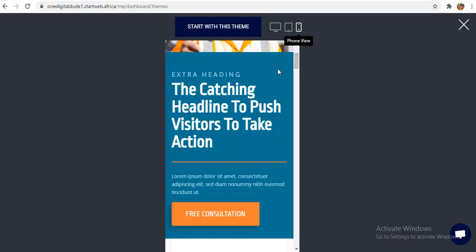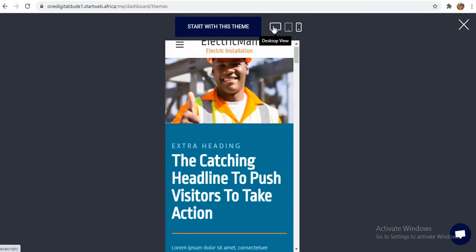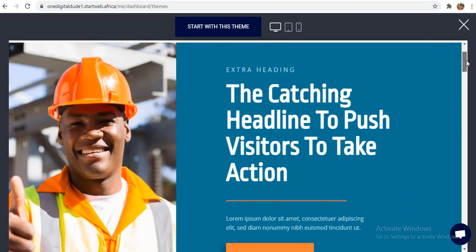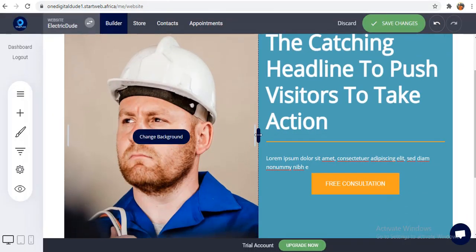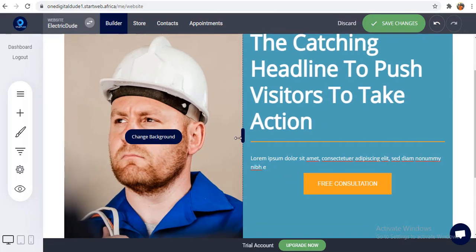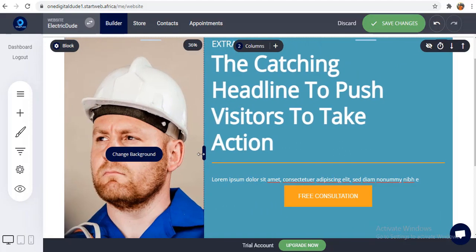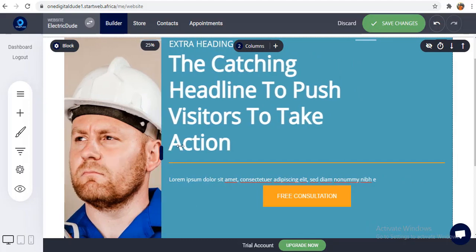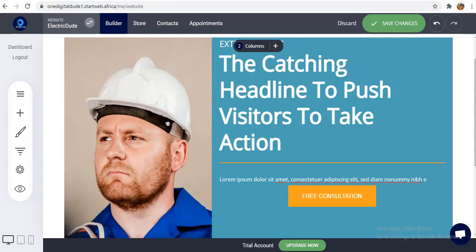So yes, another thing, no, let me go back to the desktop view. So you can see the text column here. You can see it is wider than the image column. So very simple to do that. Just come here, come to the middle and drag so you can see. So you can just come here and drag. You can see the image column is getting smaller. So I want to leave it here. So compared to this,